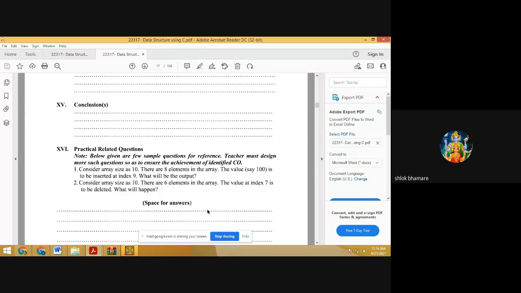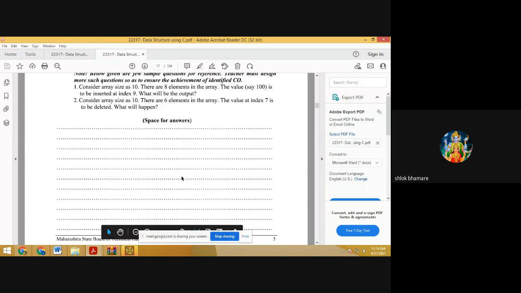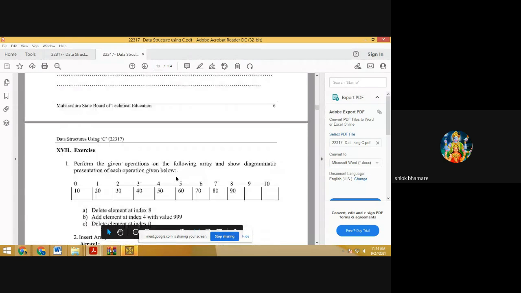No, because there are only 6 elements and those 6 elements will get stored from 0 to 5 index position. So you cannot delete the value at 7th index position. So it will throw the error message, deletion not possible.